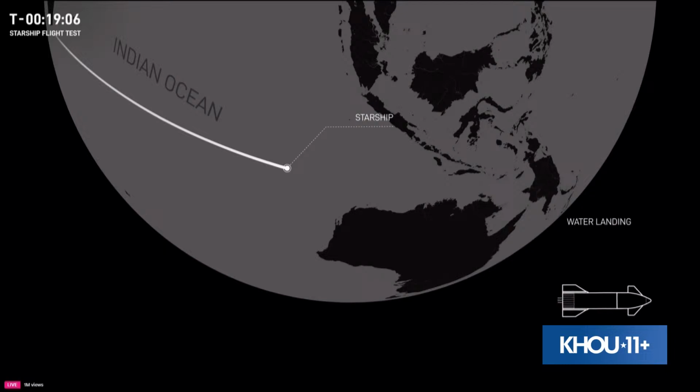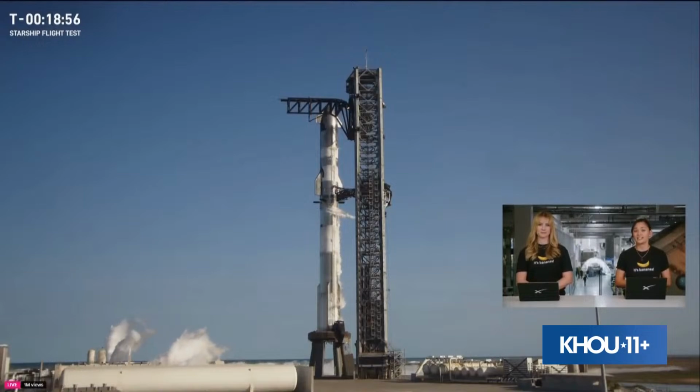and then going into the coast phase. The ship will coast for a total of about 40 minutes or so, reaching a peak altitude of approximately 213 kilometers. Now, one additional objective for this flight during coast is an in-space burn using one of ship's Raptor engines. Doing a burn while in space will build confidence that we can do deorbit burns, which is a key capability